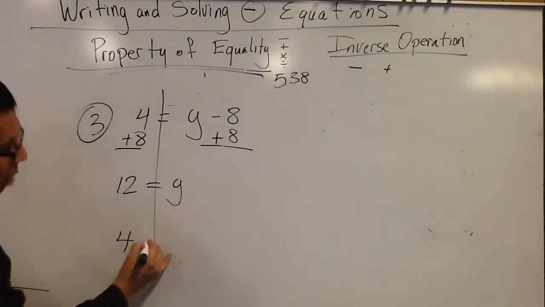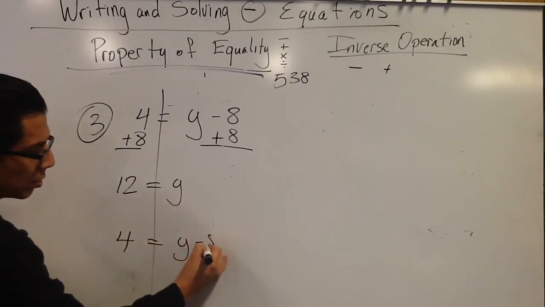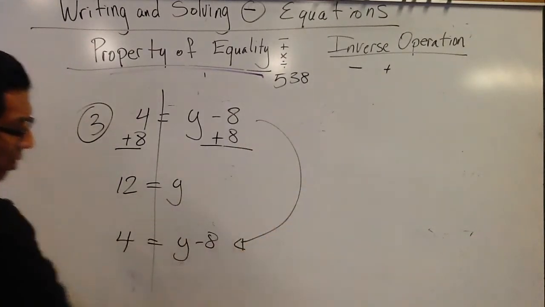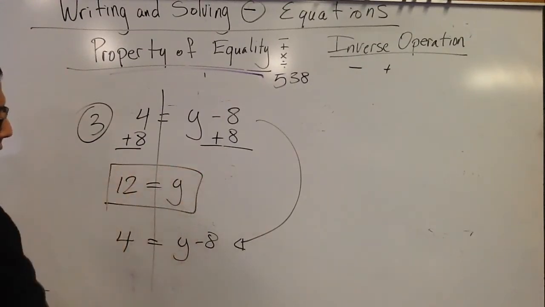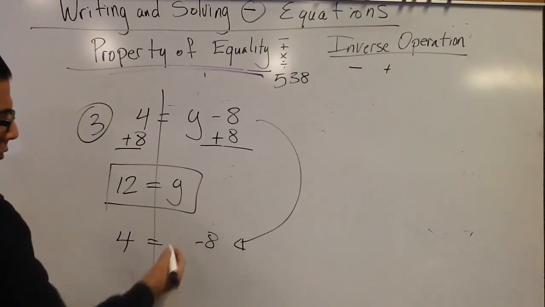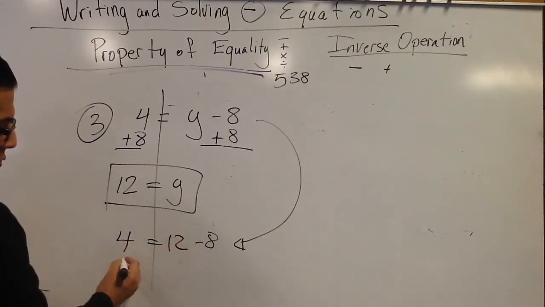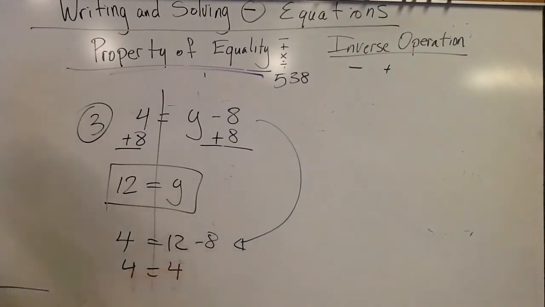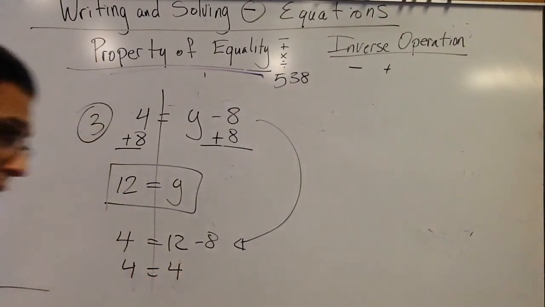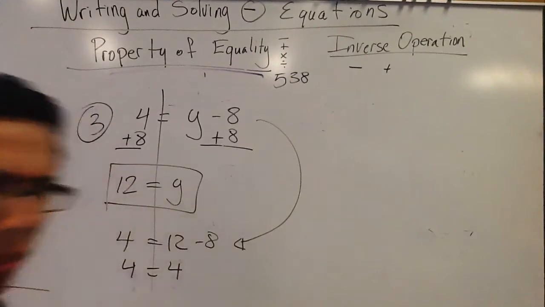So let's recopy our equation. All right, all I did was copy it again. Do I know what y is now? Yeah. So I'm going to put 12 in. 4 equals 12. Take away 8, which is 4. Is that true? Yeah. Therefore, I got it right. So let's try